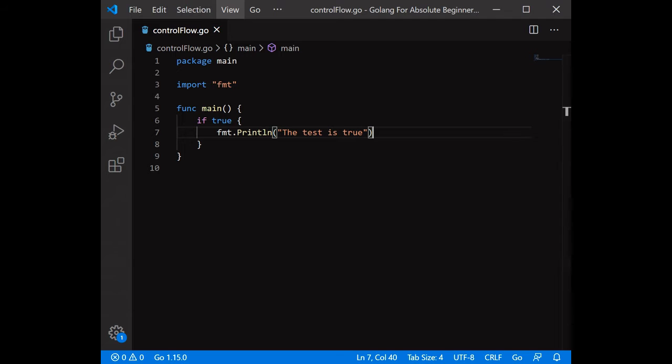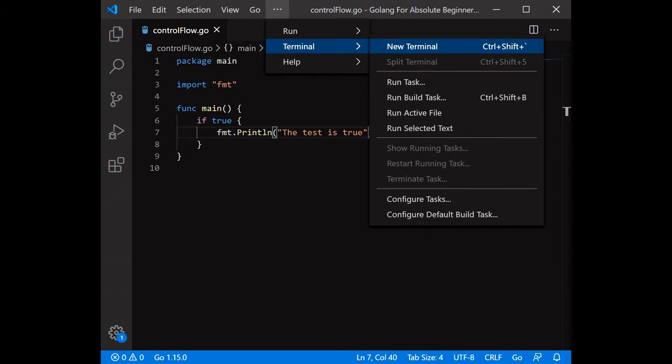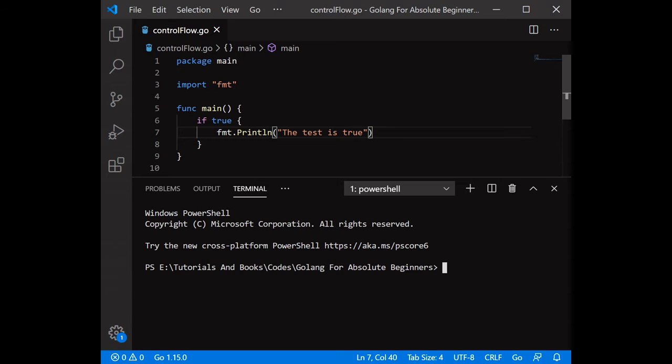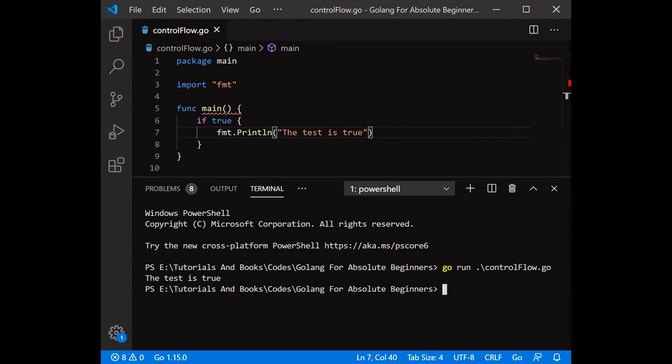So let's run this program in the VS Code terminal. Go run. See, the output is: the test is true.